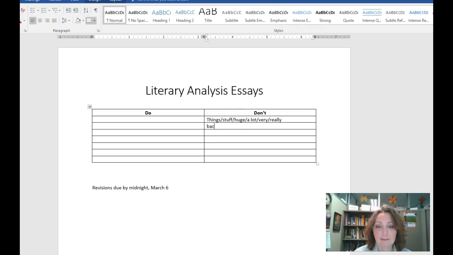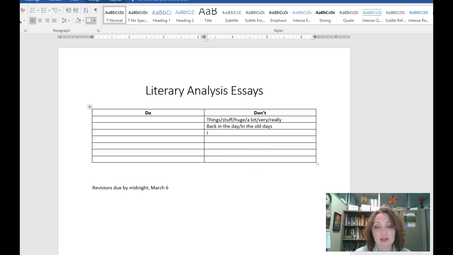Avoid phrases like back in the day or in the old days. Back in the day is very relative. It's dependent on who you are, what age you are, and what you consider old. And it's just, again, a more informal way of referencing things. If you are referring to a previous time period, give us that time frame, give us some context for what the societal norms were like back then, what some of the important historical moments were back then, but avoid phrases like back in the day.